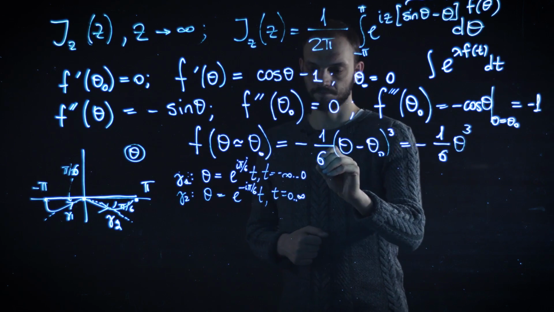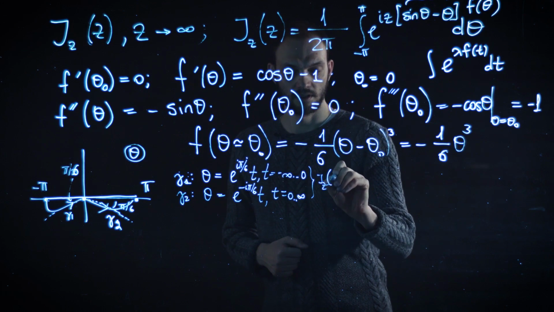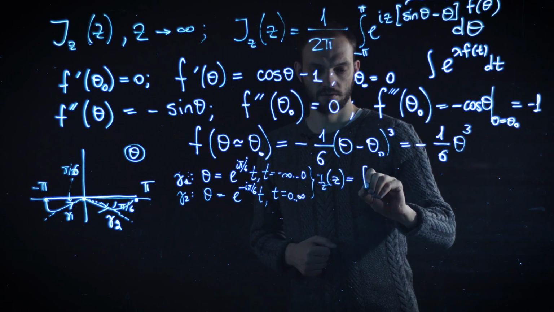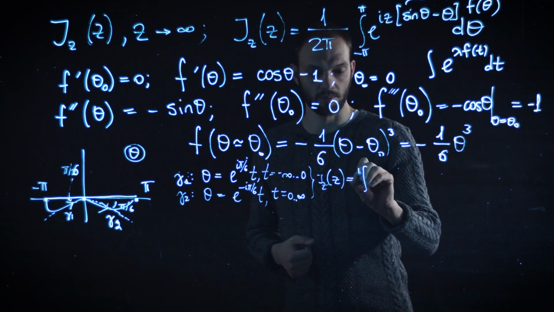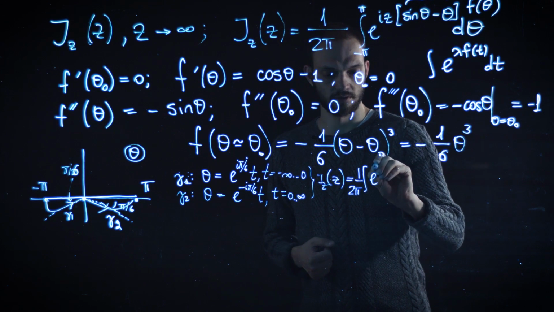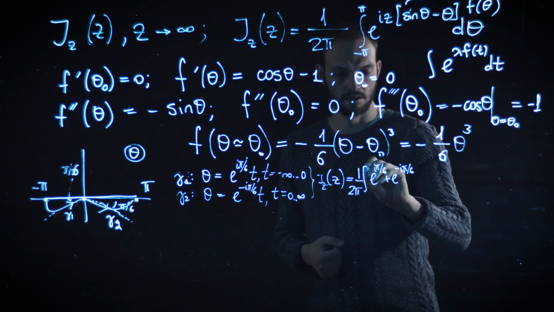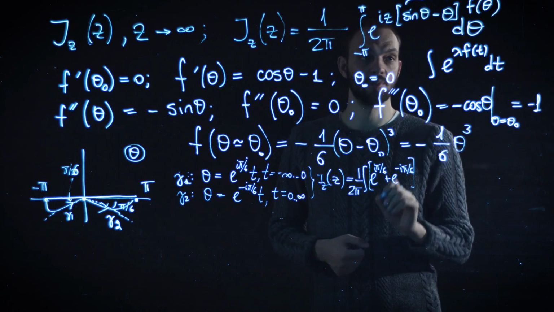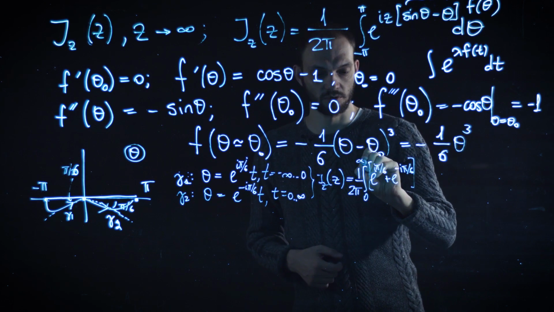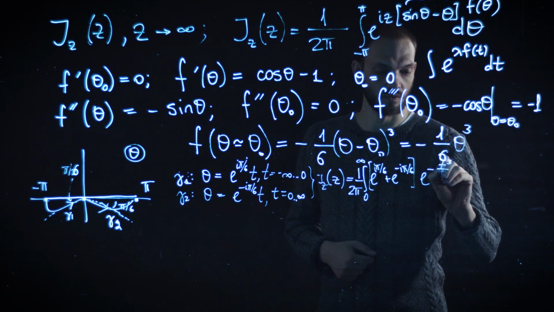With this in mind, the whole integral for z of z becomes as follows. Then the next step is to combine both of the contributions from gamma 1 and gamma 2, and as a result we come to the following expression. This is nothing but phase factors coming from the change of the variable, and the remaining integral is going from 0 to infinity of exponent of minus t cube over 6 dt.